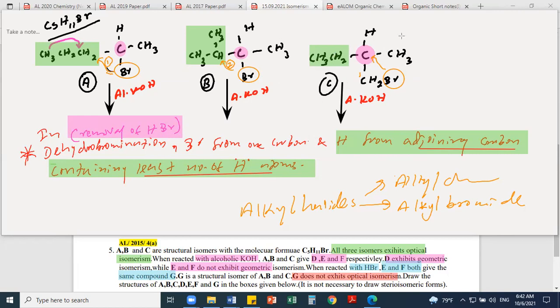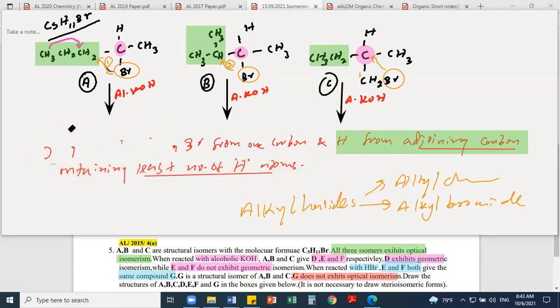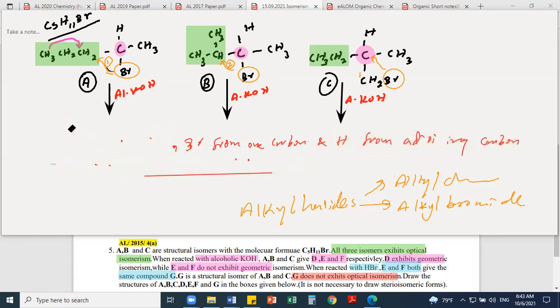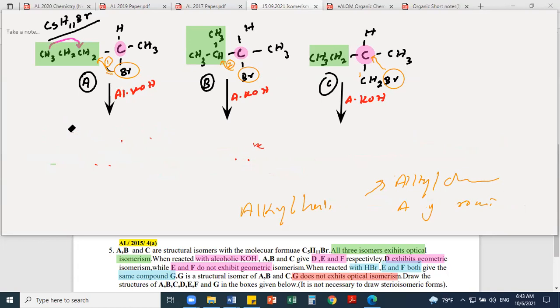So is that clear? Because when you get a similar reaction like this, then you know how to remove HBr, what is the reagent, right? All this is important. Okay, I'll erase this now. You are done, right? Anyone still copying down? Please raise your hand. I'll erase this special note I gave. That we have to remember. Then next one,